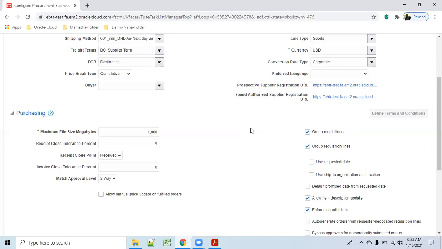Okay. So to register suppliers from outside of your SaaS instance, you are going to give these URLs to the suppliers. The supplier fills in the information and sends it back to you. Then somebody here will monitor it and decide, yes, the supplier has all the parameters.